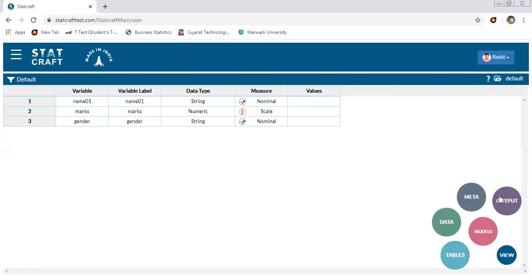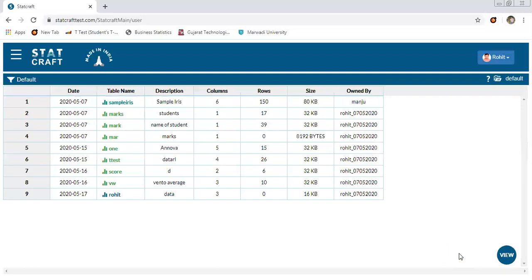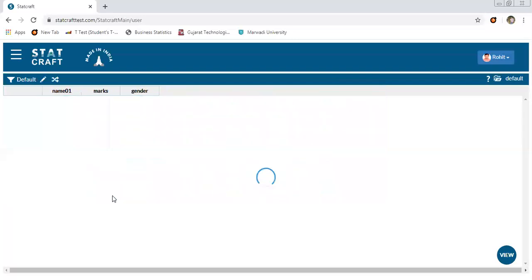After that, this is the main tab. Here, these five things are there. We have to see where our data is. When we want to see where our data is, the table plays the role of an index. Now I have made a data that was named Rohit, so it is available here. When I select this data, it will show me the table. Still nothing is there because I had just made the variables. If I want to add things, I have to activate the pencil icon, and then I can work on it.